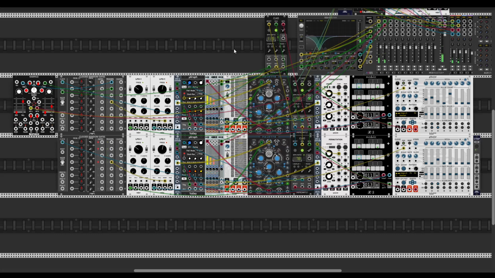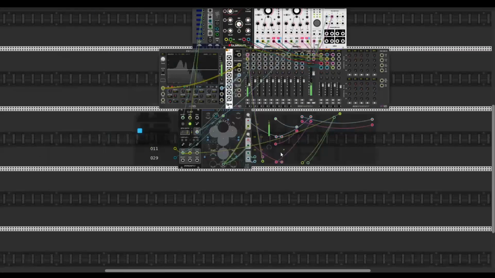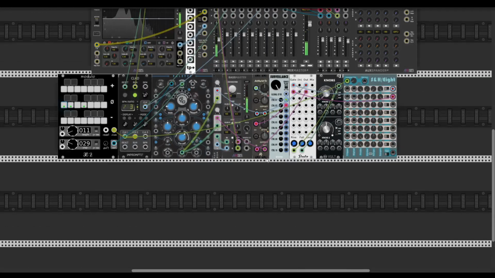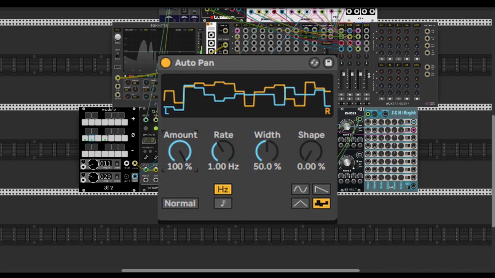So this patch will be the last one in my video because it shares not an effect technique but a routing technique. The first patch I'm gonna show you is actually my try to copy Ableton AutoPan sample and hold mode. So this is actually